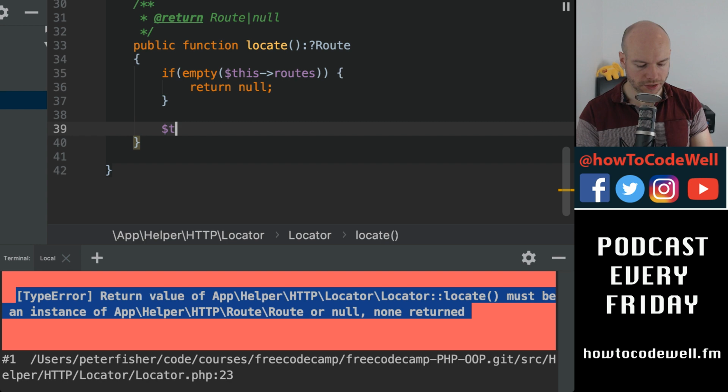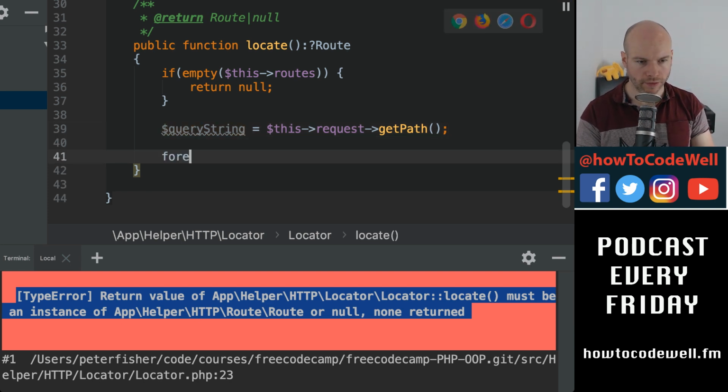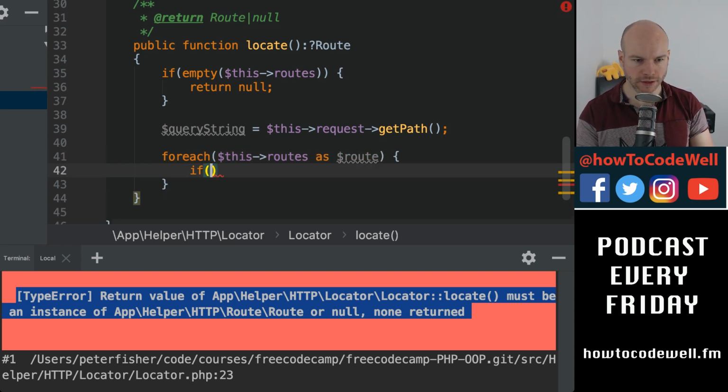And then what we would do is, so at this point we do this request. We've got get path, so that would be the path of the request. I'm just going to set this to a local variable. That would therefore be the query string. We then need to loop over the this routes as root. Then we would need to check and make sure that the instance of root, so if root is an instance of